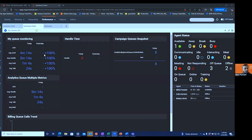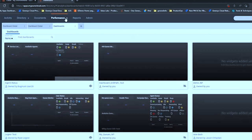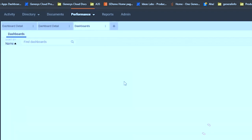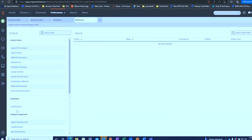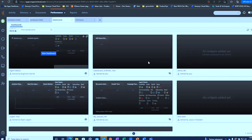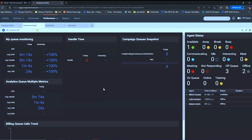Okay, so as you're seeing, since most of you are aware of where the dashboards can be accessed within the Genesys Cloud Analytics, you go to the performance menu up here, and when you click the workspace, you would come down to this menu, and if you click dashboards, you would come down to this dashboard summary page where you will see the list of dashboards. So when you want to create a new dashboard, you would just go ahead and create a dashboard through this control over here. And once you create the dashboard, you would come down to an empty canvas here